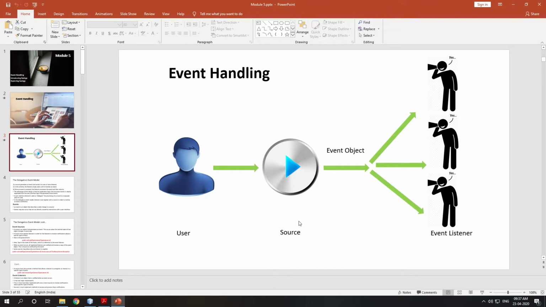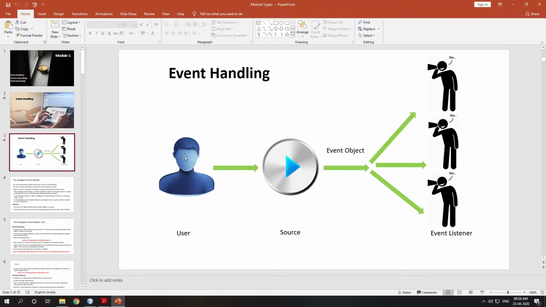This user interface is called the source, which generates an event. Upon generation, an event object is created in Java, describing the event, that it was a click of a button or scroll of a scroll bar. Then it is passed to the respective event listener, and the event listener listens to this event object, processes the event, and replies back to the user.